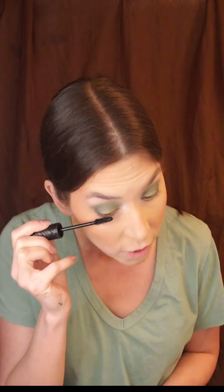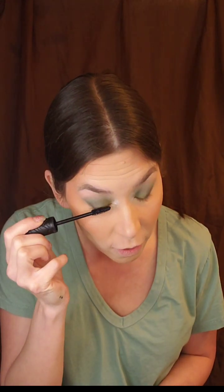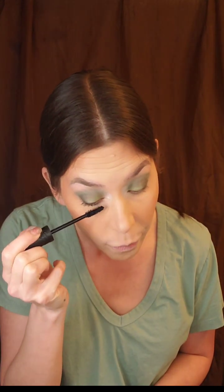This is the Essence Volume Stylist Curl and Hold mascara. I love all their mascaras, really, truthfully. They're fantastic. So they were saying that some of the ways that she would kill her victims would be by